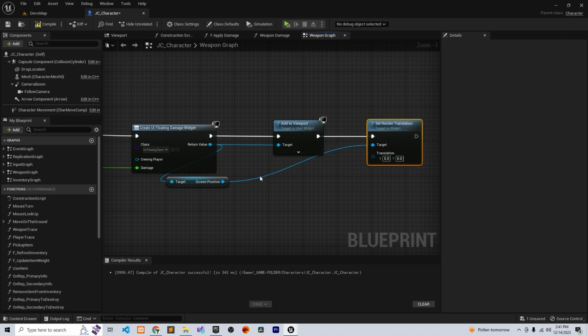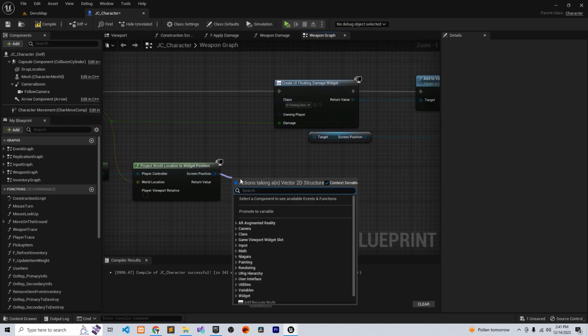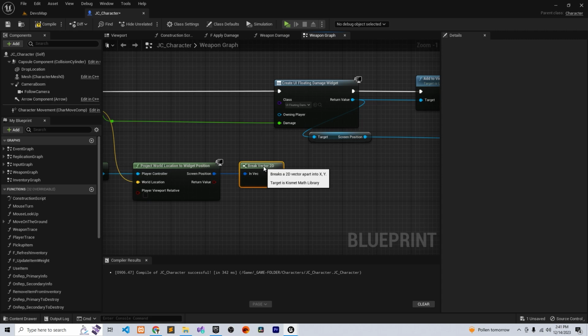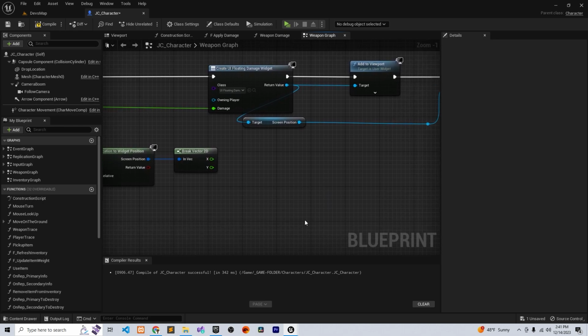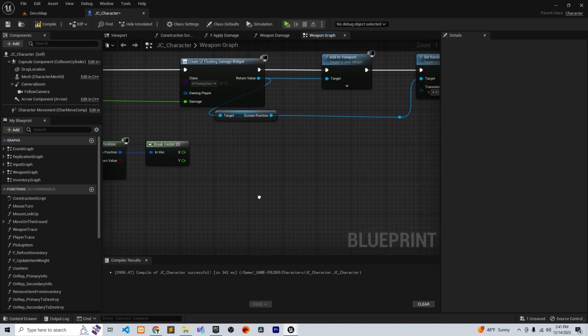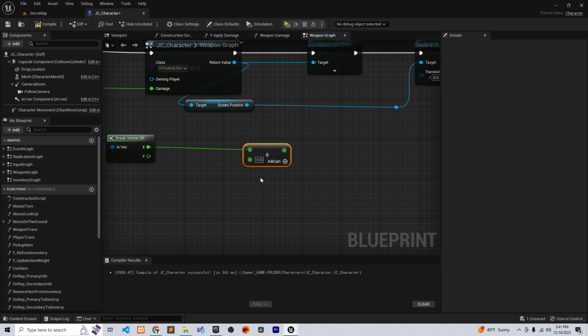I had to play with these numbers to make sure I got it right the way I like it, so you can also do the same. So now, from the project world location to widget position, we need to break it. Break vector 2D, and it will give us the X and the Y. So how high and how much spread we need between the widgets that are being created. On the X, we say plus, because we don't want everything to be in the center of the screen,